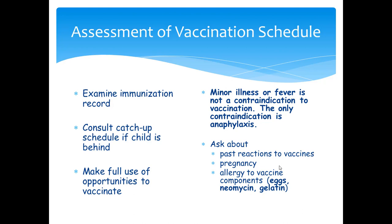If the kid's behind, we need to look at that catch-up schedule so that we're making full use of every opportunity we have to get that child up to date on their vaccinations. Illness or fever is not a contraindication to getting vaccinated. The only contraindication that is considered is if that child has gone into anaphylactic shock from a